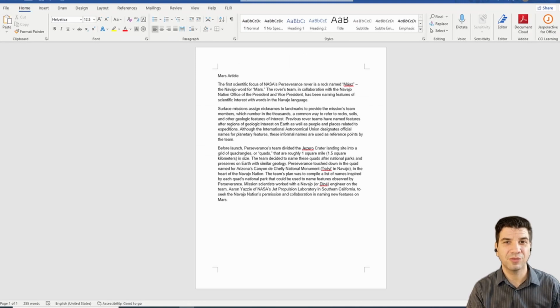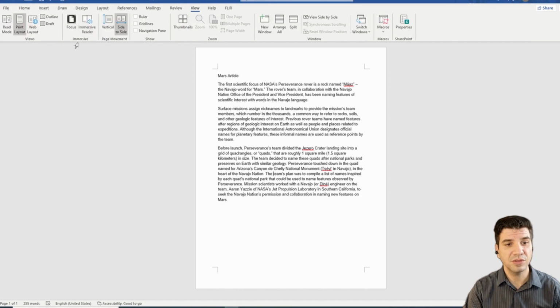Now that we have the Microsoft Office suite installed onto this device, we can open up any Office document that we want, and we could use a very powerful tool called Immersive Reader. Immersive Reader was originally developed for students with dyslexia, who needed a way to focus on a smaller set of words and remove much of the distraction to allow them to better read what they were given. The way to access that would be to go to View,